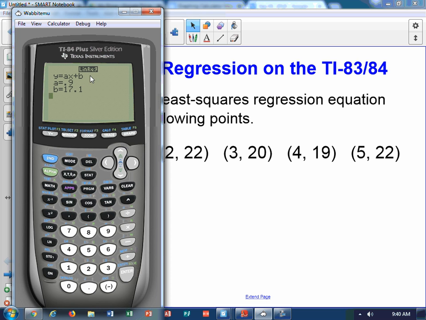So our equation is y equals 0.9x plus 17.1. Now, you may have two other values displayed, an r squared and an r, which for our purposes in this class aren't really going to be overly important, but if you take a course in statistics, you'll talk about those in more detail. If you do not have those, as I do not have them on my screen, the way